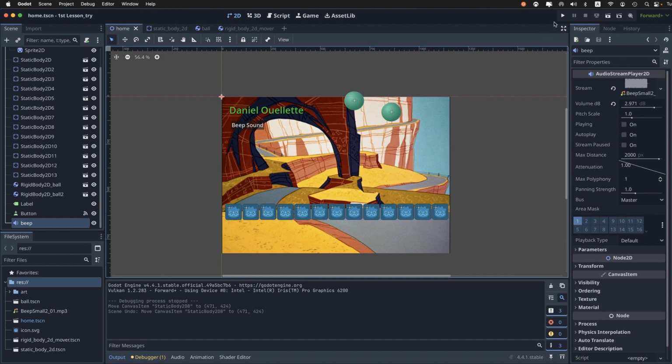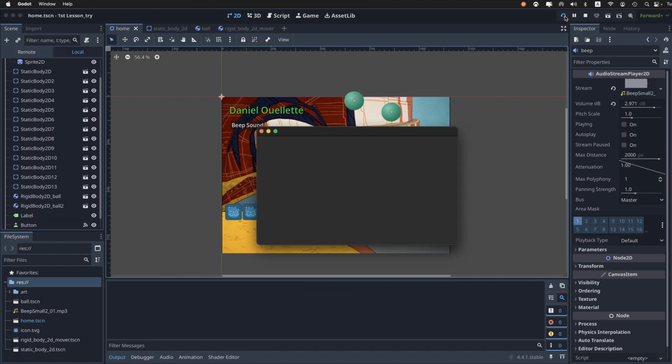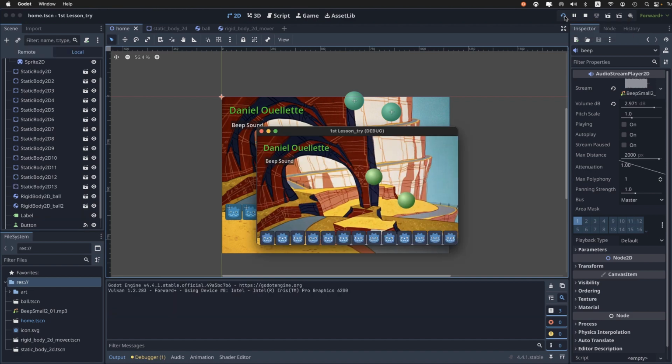And then you can go over here and hit the play button. So we have a run project. You can actually play the separate scenes as well if you hit this one here. But I'm just going to play the whole project. Run project. You can see there it's Command B as well if you're on a Mac. I'm going to assume Control B on a PC. And there is my scene running,